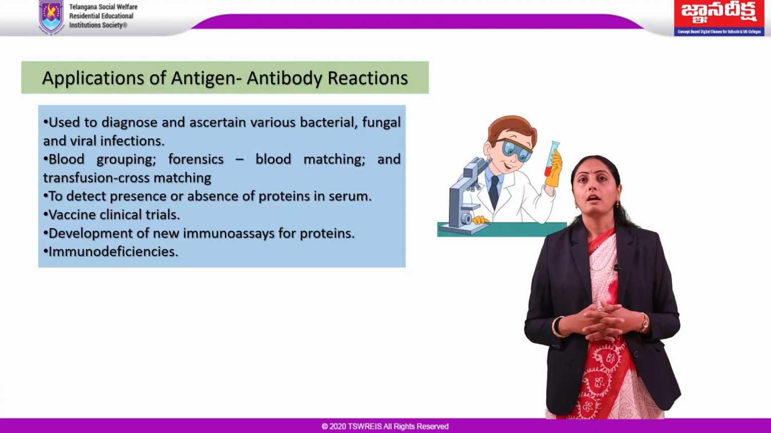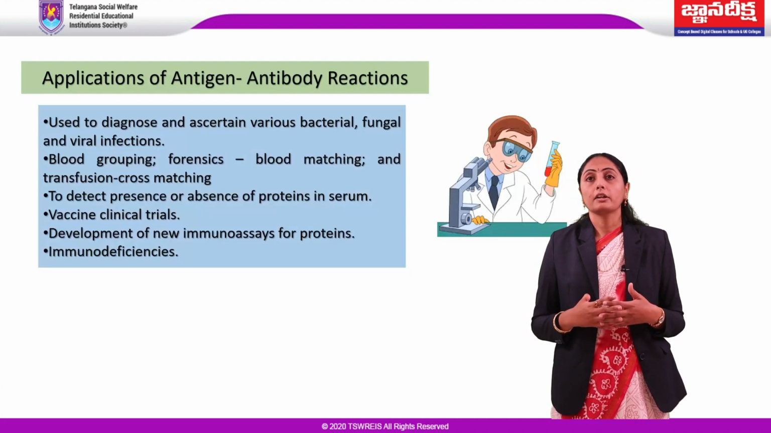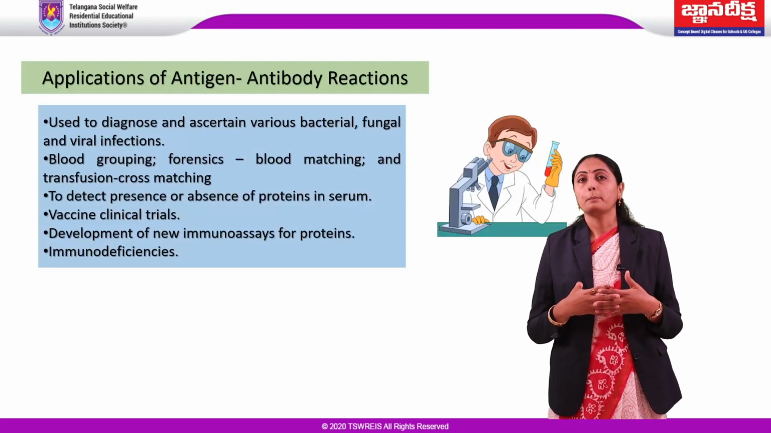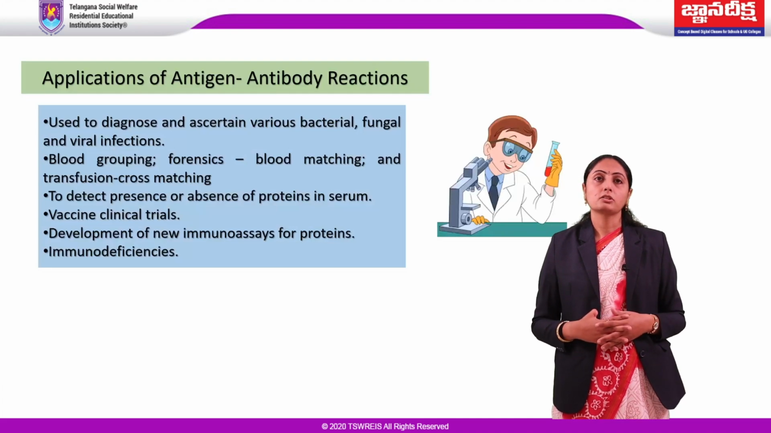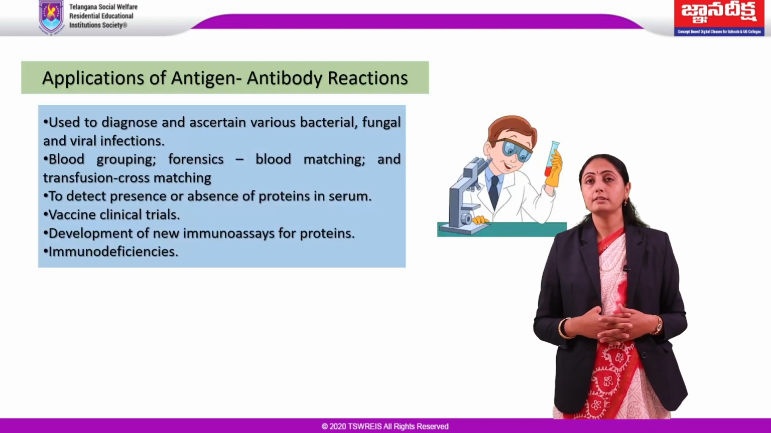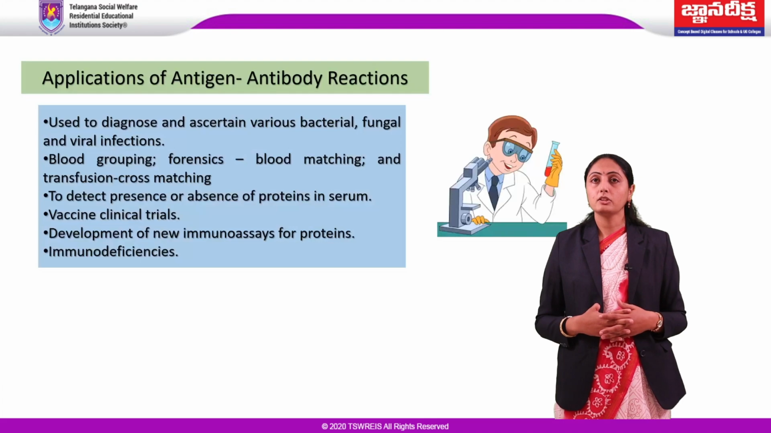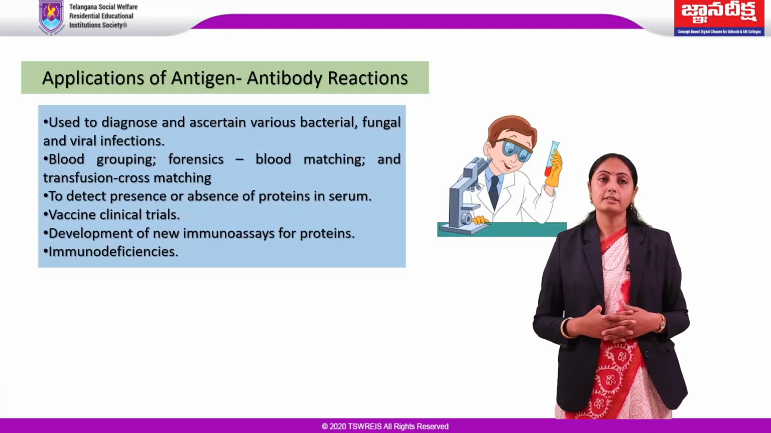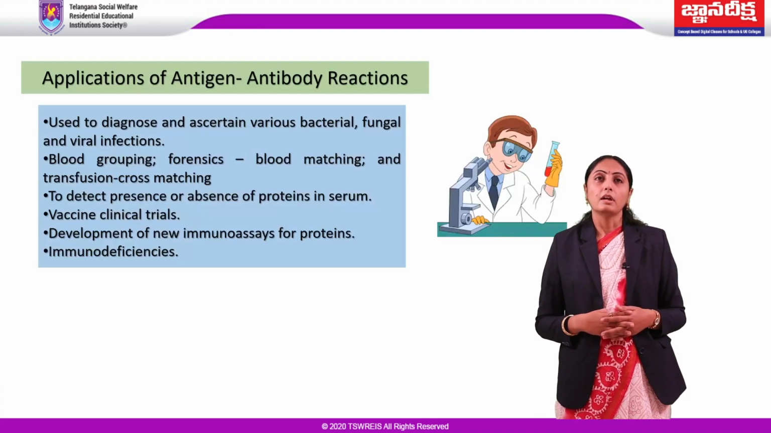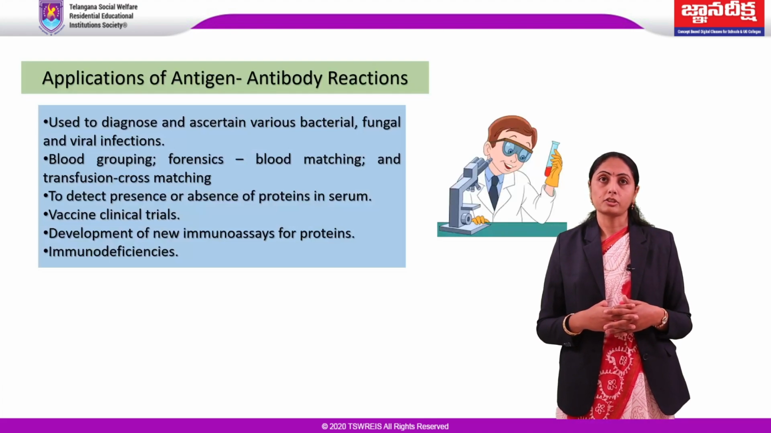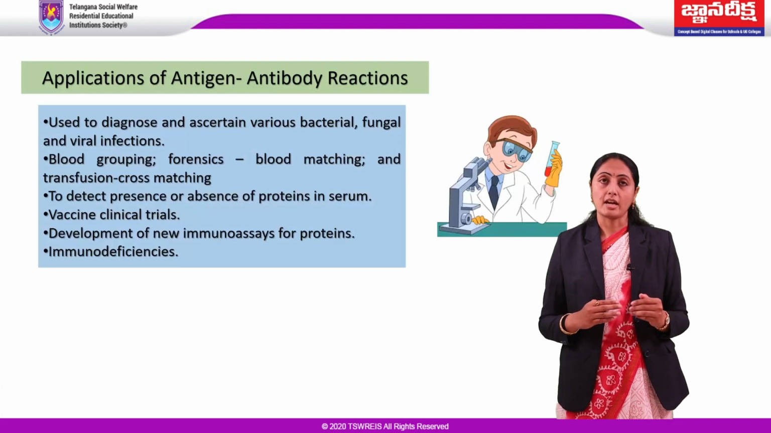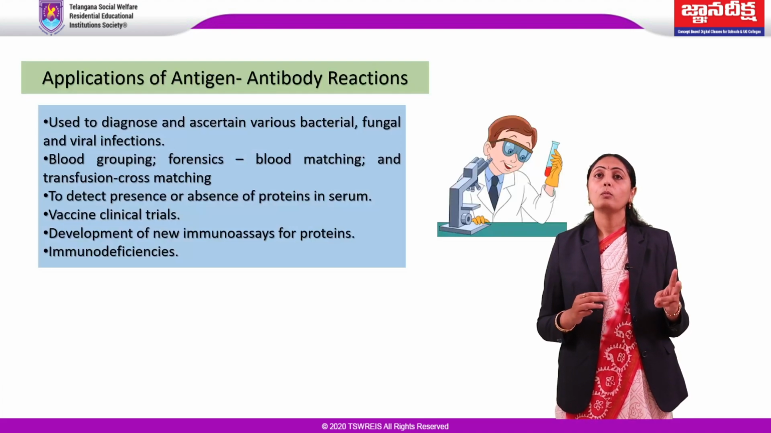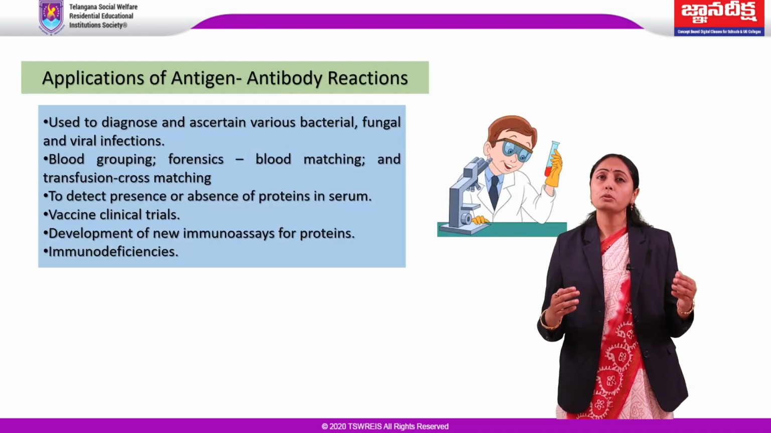As we have seen, agglutination reactions are used for blood grouping and blood matching prior to transfusion. These reactions also find use in forensics for identification of blood and seminal stains. Antigen-antibody reactions form the basis of various assays such as ELISA, RIA, Western blotting, which are used to detect